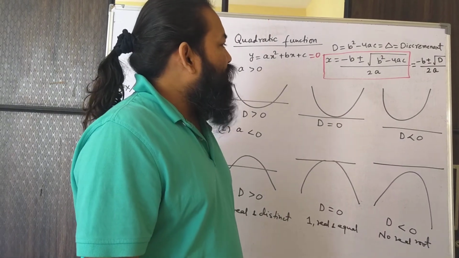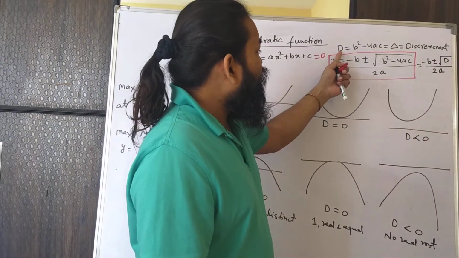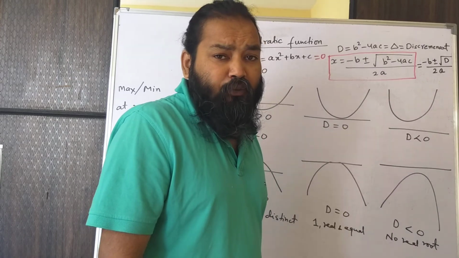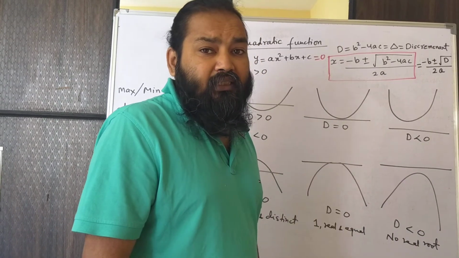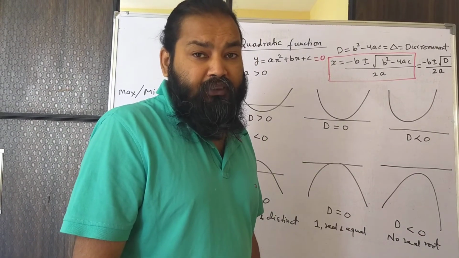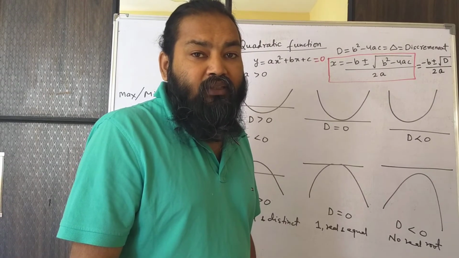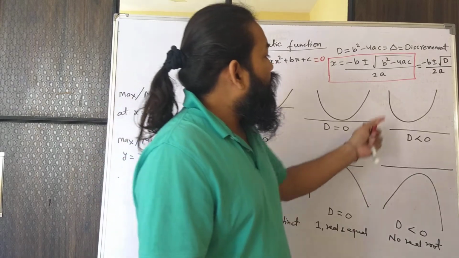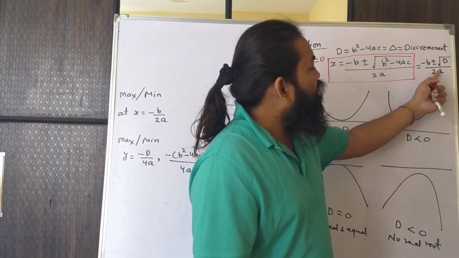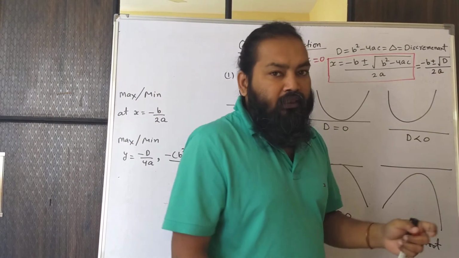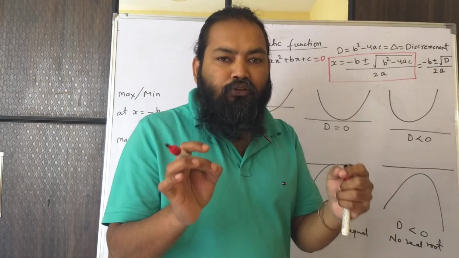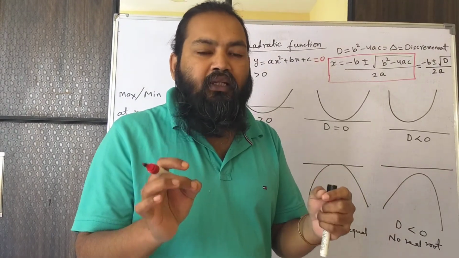Now, you would have seen I have written there, d is equal to b square minus 4ac. What is this d? This d is actually the discriminant of the equation. It must be something important, that's why it has been given this name. So the formula is also minus b plus minus under root d by 2a. See, this d tells us about the nature of roots. What does that mean? It will be clear.